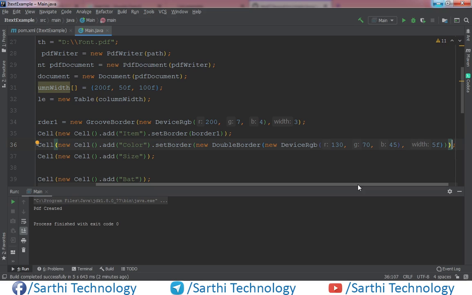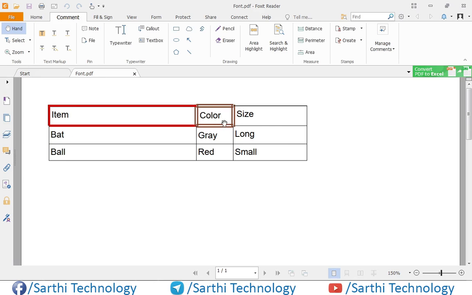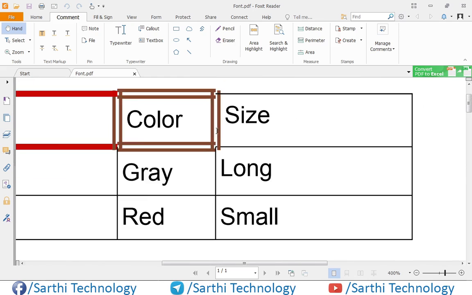Now run. And here you can see the double border.